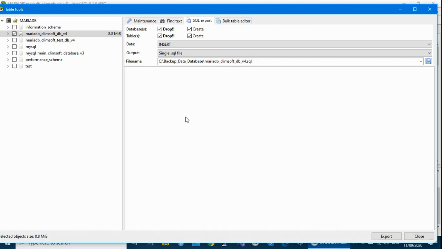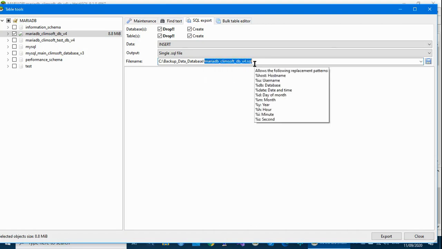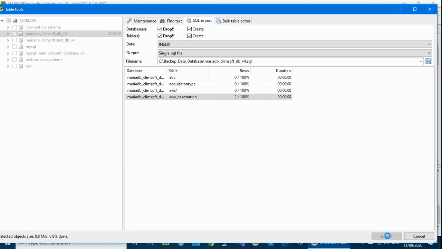That means it will create this file under this path in your folder, which is under C. After that, select the export button. This will export your data without any problem.